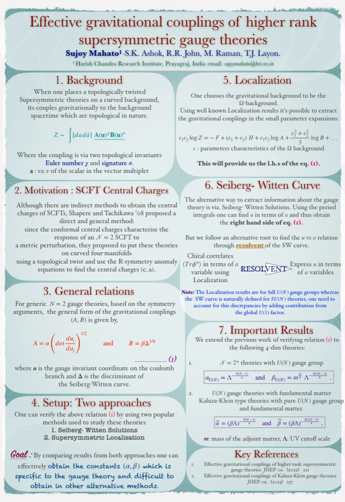So my poster is about effective gravitational couplings of higher rank supersymmetric gauge theories. We consider a specific type of supersymmetric gauge theory, that is N equal to 2 supersymmetric theories, and do a topological twist to this and put it on a curved background. By this twisting procedure, the theory becomes topological. By that we mean that the correlation function of these theories does not depend upon the background metric on which